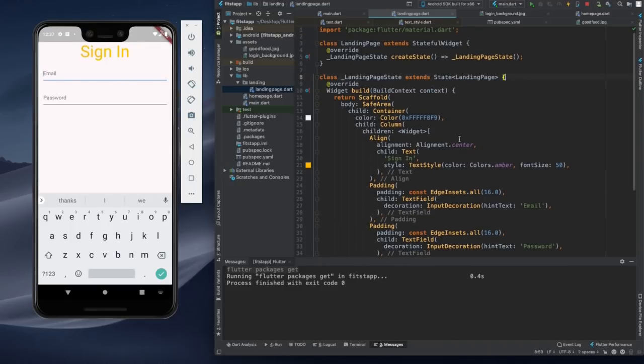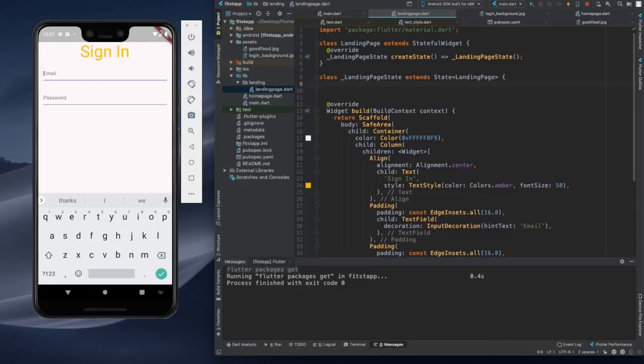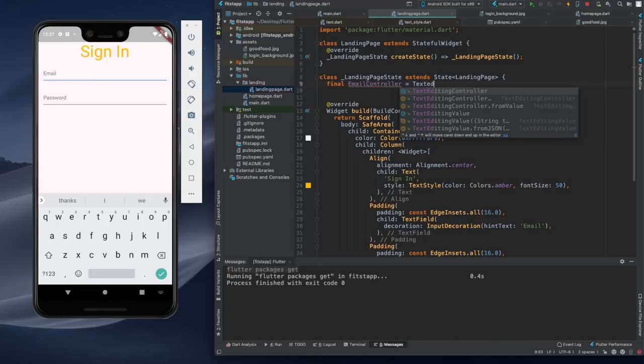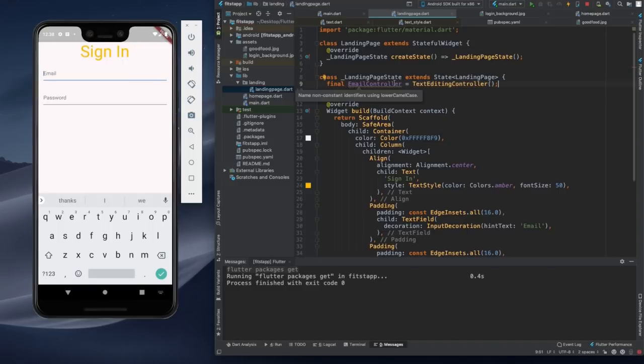So we're gonna go up here, and then we type final. Final means it won't change, and we named it as the emailController equals the TextEditingController. Okay, so this is for controlling the email,